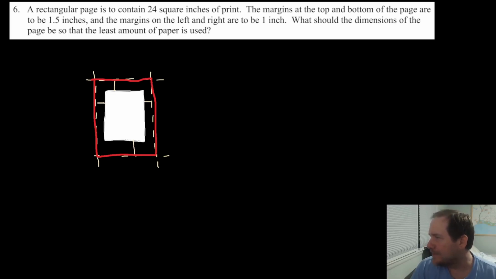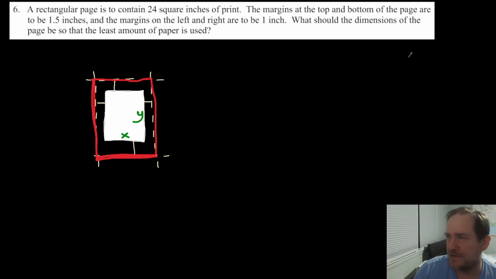So if I were doing this problem, and I am, I would label the printed area as x and y. So those dimensions are going to be x and y. But what I want to actually be solving for are the outer dimensions. But I want the inner dimensions to be x and y, because this dimension of the paper can now just be x plus the margins. If we let the paper be x, then the inside printable area would have to be x minus the margins, and that's fine. You could do that, but I don't feel like dealing with negatives, and I feel like you probably don't either. So by labeling this printable area as x and y, then I can let this outer dimension be,